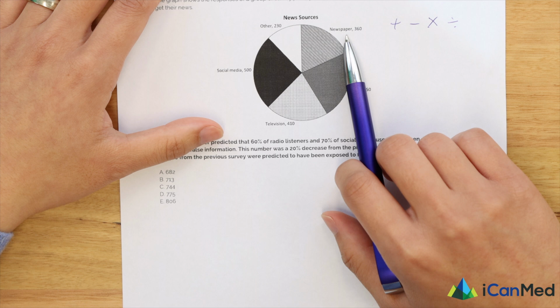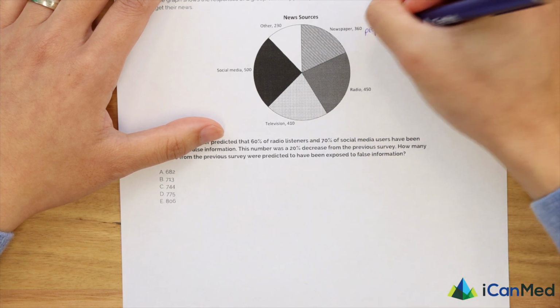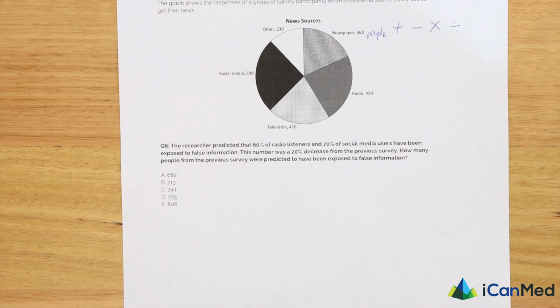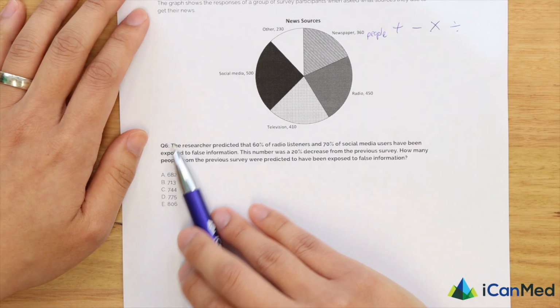Here, newspaper, 360 people selected newspaper as their source of news. Now this might sound very trivial, very easy, but it is really where a lot of people make their mistakes, when they underestimate the diagram and they don't truly soak in and absorb what this information is about. Now,